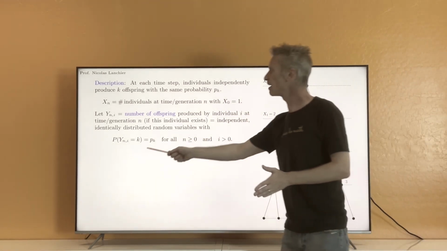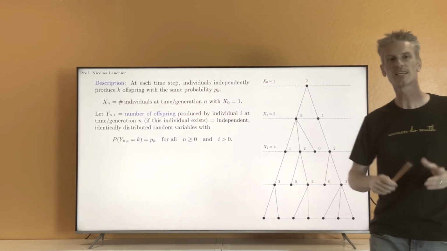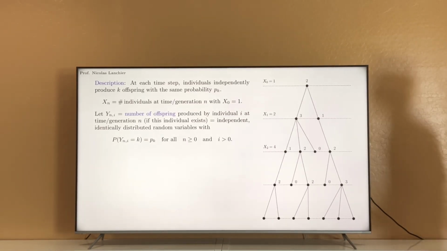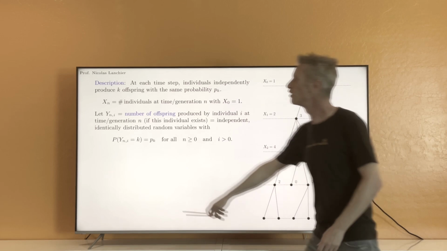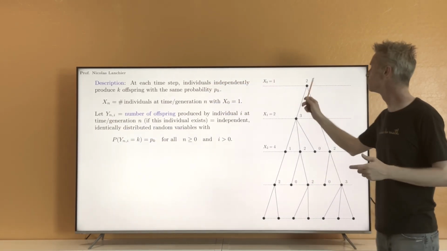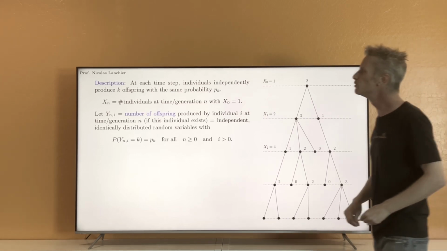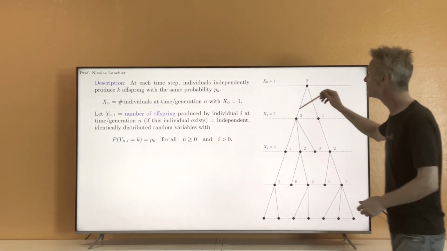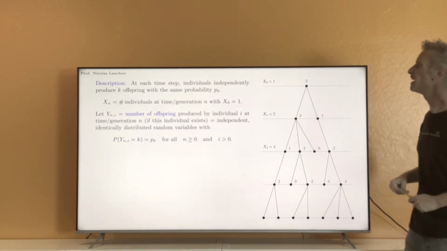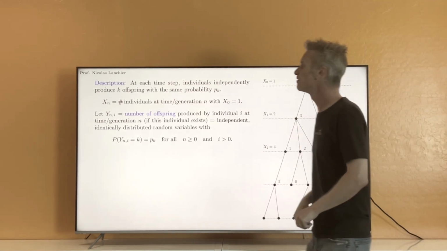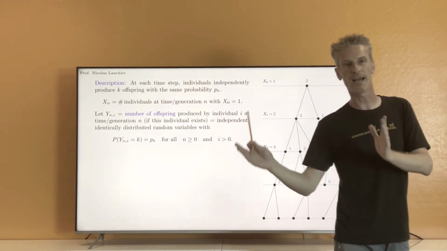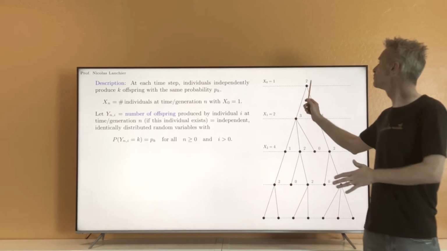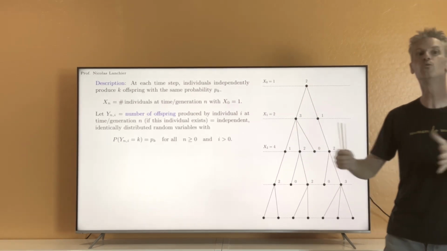But in math, it doesn't matter. You just take infinitely many of those random variables and you only use the one you need. So for instance, going back to this picture, you would have, for instance, the first one, y01 is equal to 2. And then you can use y11 and y12 to see the number of offspring of those individuals. Then somewhere in the background, you also have y13, y14, and so on. They are here. We don't need to use them. But if this was 3 or 4, then we would need to use them.